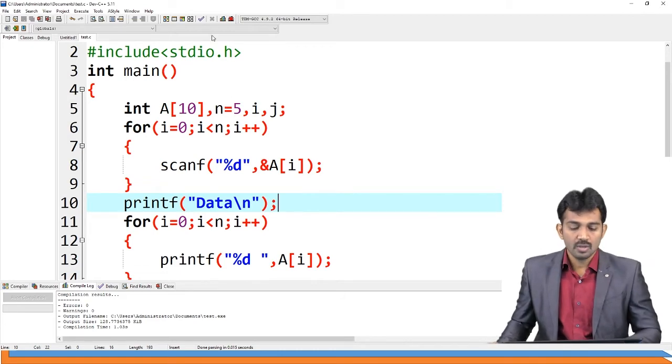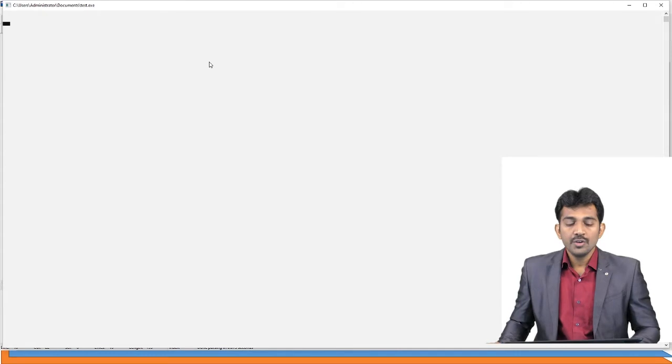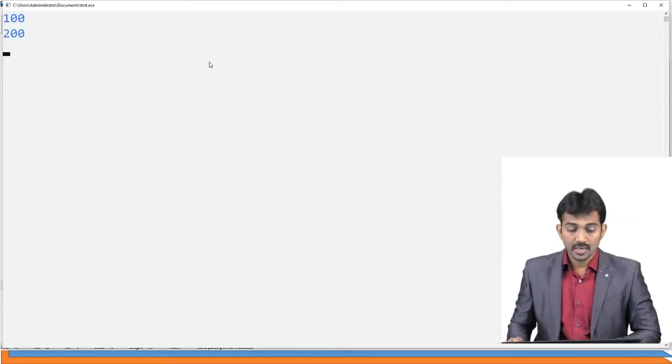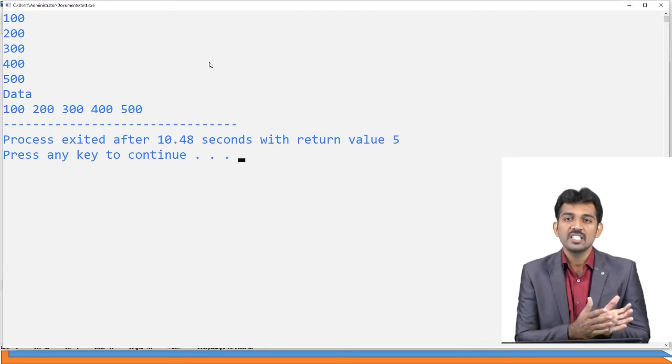See, if you run this code, you need to enter the 10 elements, right? So 100, 200, 300, 400, 500. So this is the data. This is the traversal of the given array, right?